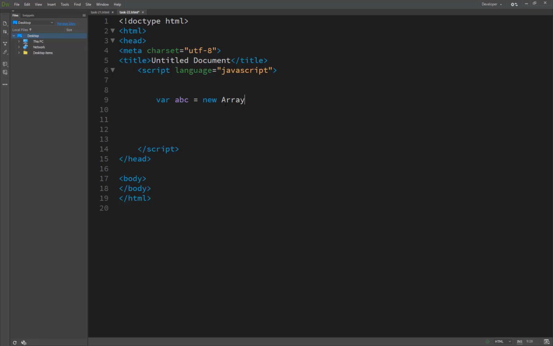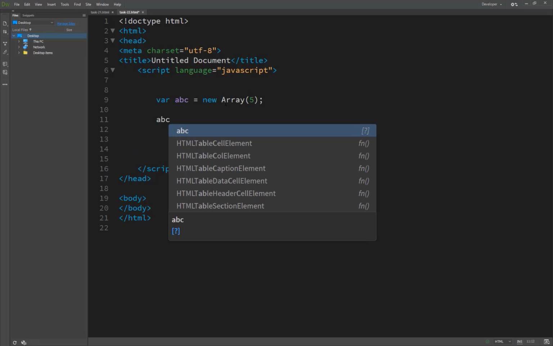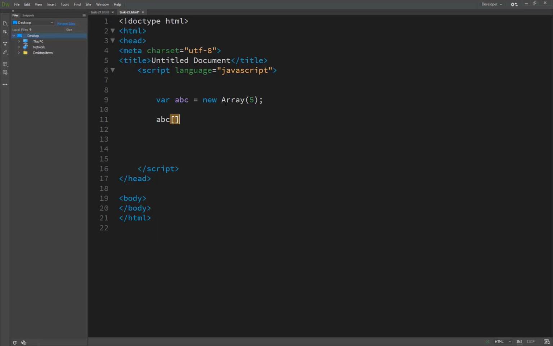Array here, and we have just created 5 indexes and set them in ABC. Index 0 is equal to, let's try here the Z, and then it's a W, then it's a G, and then it's a B.